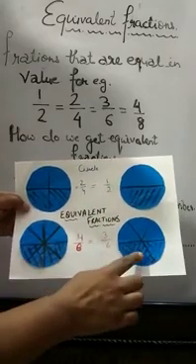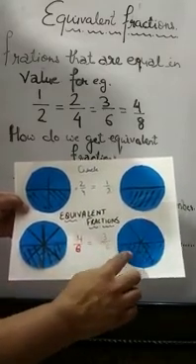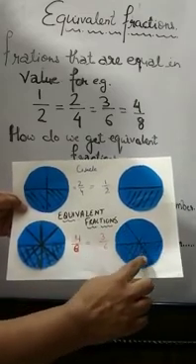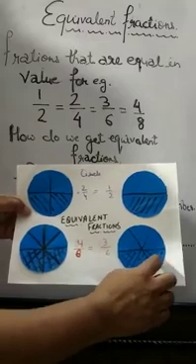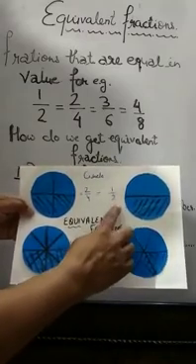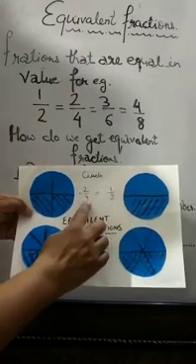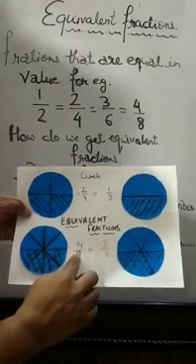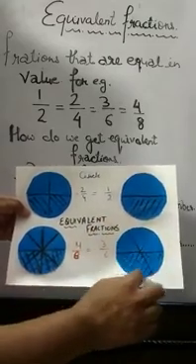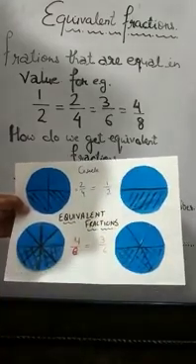So you can see over here, this has been divided into 6 equal parts: 1, 2, 3, 4, 5 and 6. And 3 parts are shaded, so we can write 3 upon 6. So now the fractions are different: 1 upon 2, 2 upon 4, 3 upon 6 and 4 upon 8. Otherwise, they are equally shaded. Half of a circle is shaded in each one.